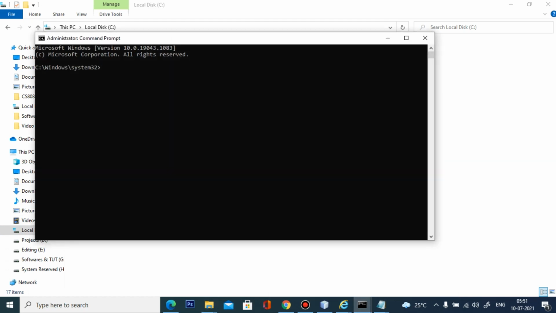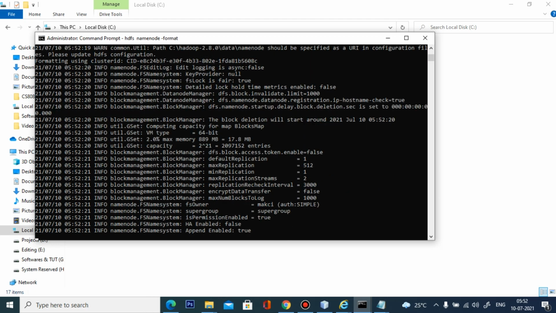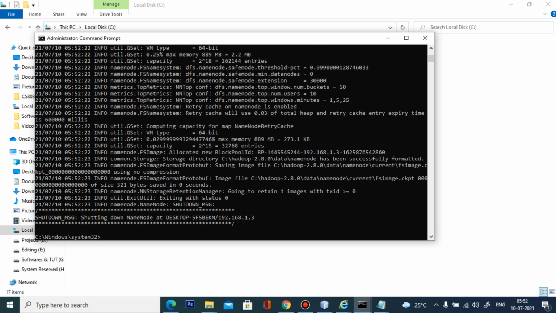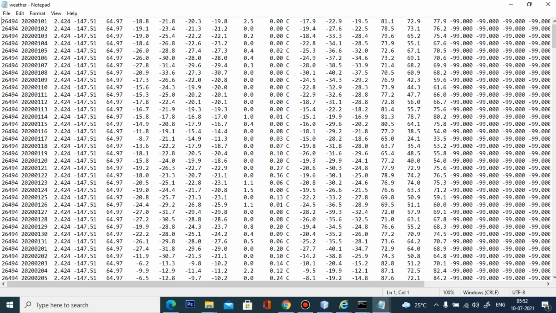So go to the command prompt and type, first we have to format our name node: hdfs namenode -format. Before that, we are going to paste our input file, weather data text, in our C folder. Okay, so this is the weather data text that is placed in our C folder.